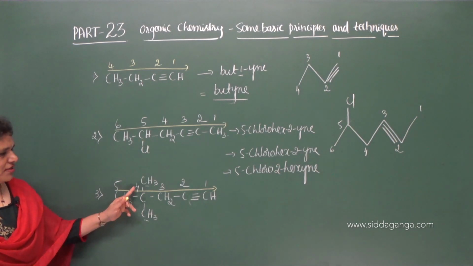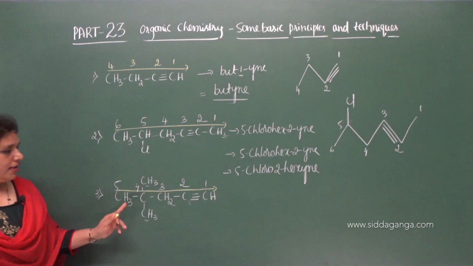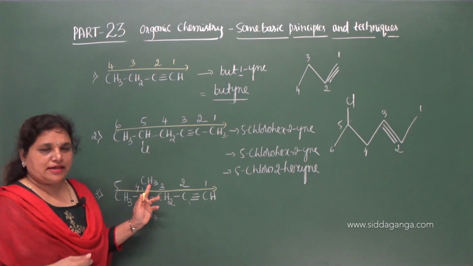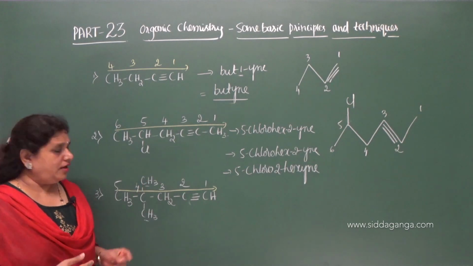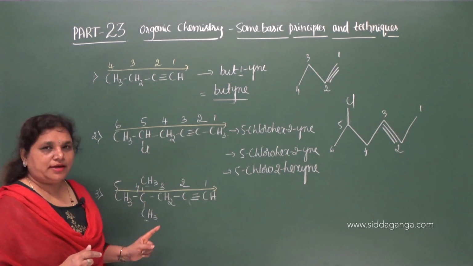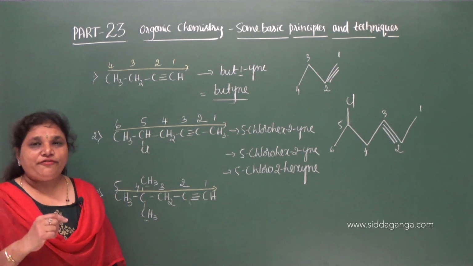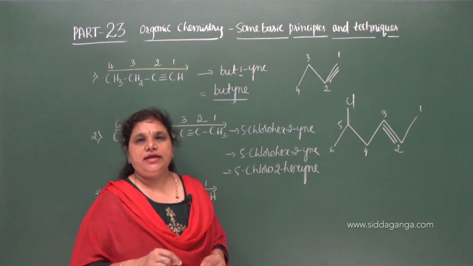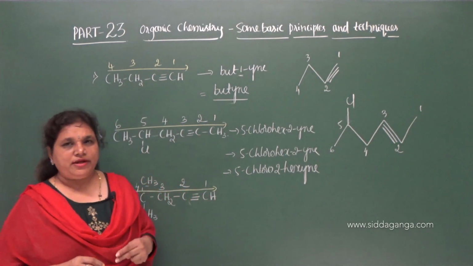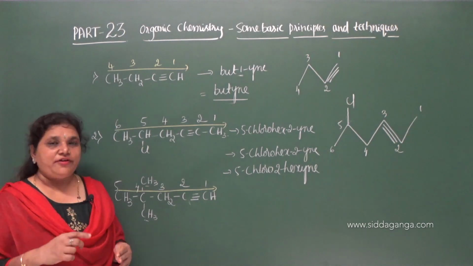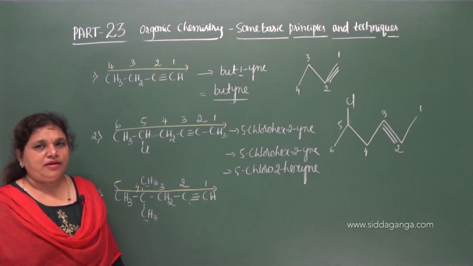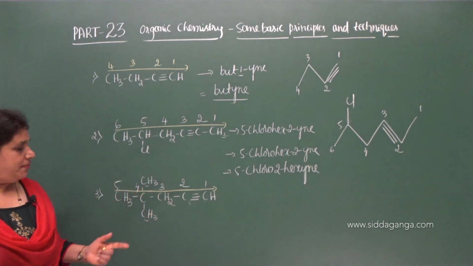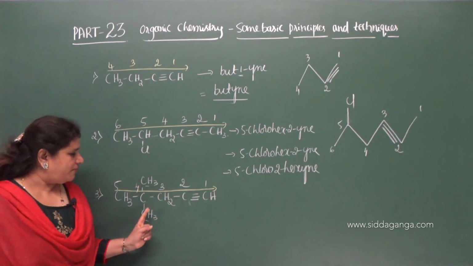Therefore, you can name it as 4,4 dimethyl. On the fourth carbon you have two methyl groups, therefore 4,4 dimethyl. Instead of writing 4-methyl, we are writing 4,4 dimethyl. And you cannot write it like 4-dimethyl, because when we use the prefix di, it indicates that there are two methyl groups. When there are two methyl groups, on which carbon are they present? Definitely on the same carbon, that is the fourth carbon, so you need to give the position of the two methyl groups on the selected parent carbon chain. Therefore, it is 4,4 dimethyl.